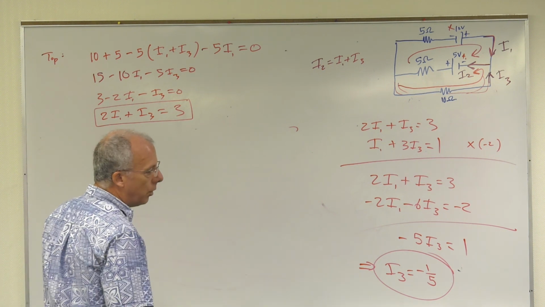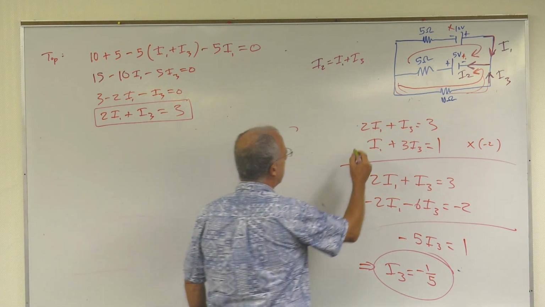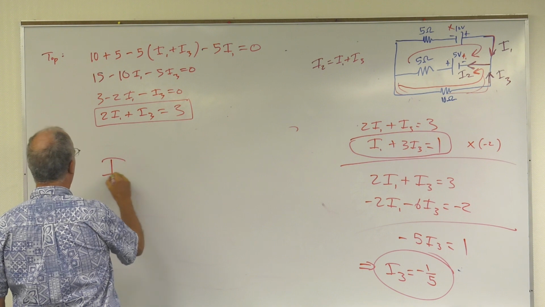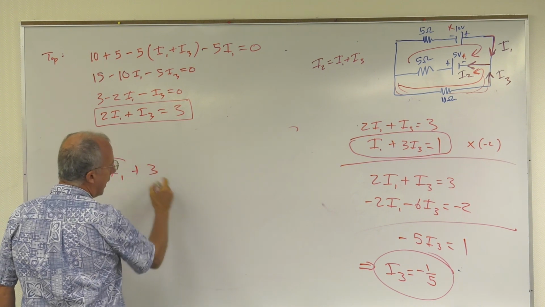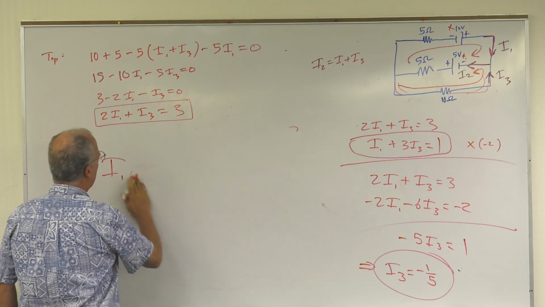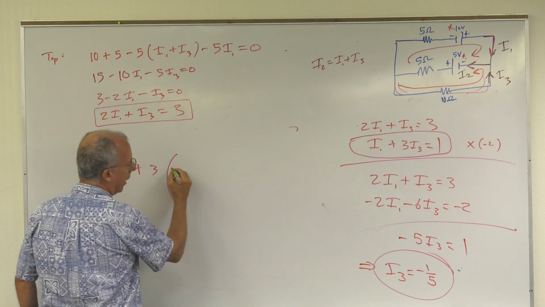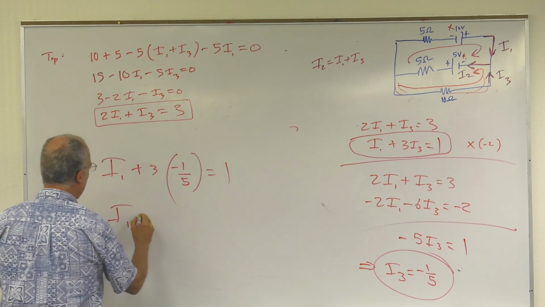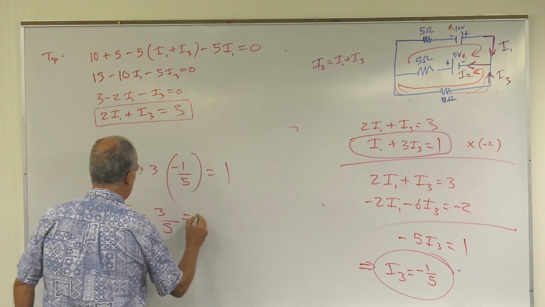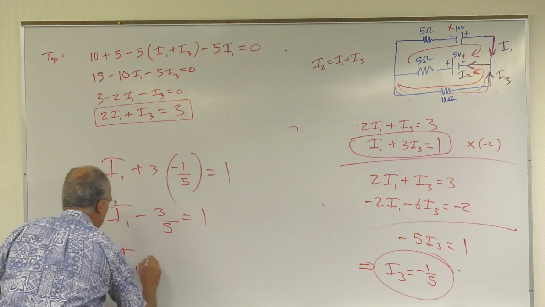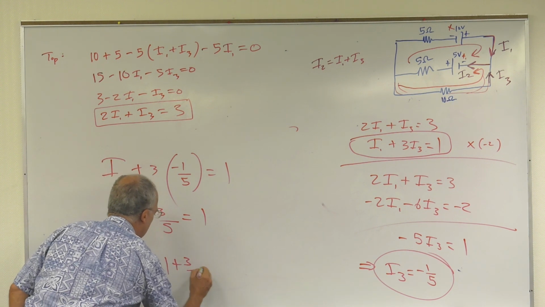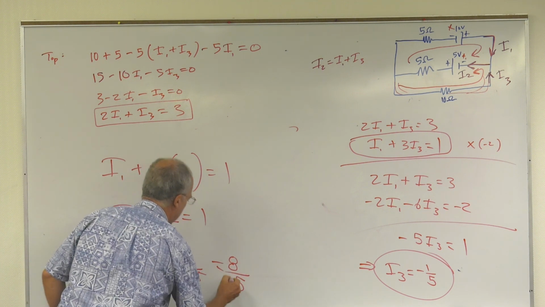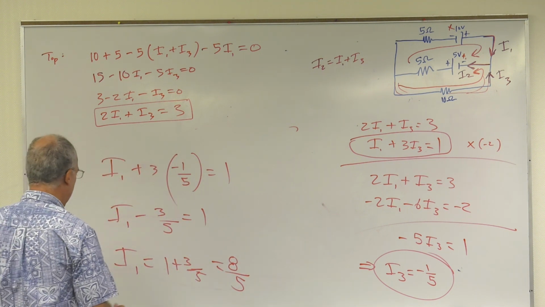So what equation do you want to use for I1? Doesn't matter. Let's use this one. I mean, why not, you know? So I1 plus 3I3 is equal to 1. So that means that I1 minus 3/5 equals 1. So I1 equals 1 plus 3/5. So 5/5 plus 3/5 is 8/5. If we did it right, yeah, okay. So I1